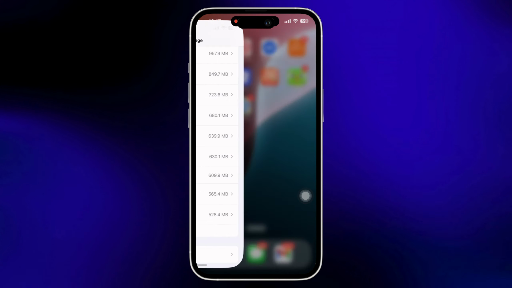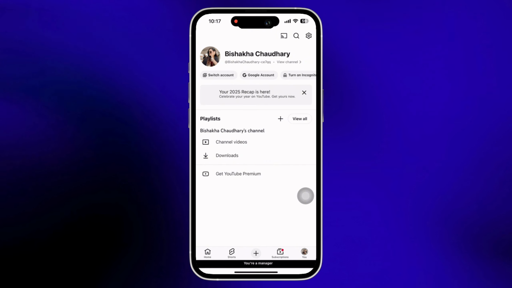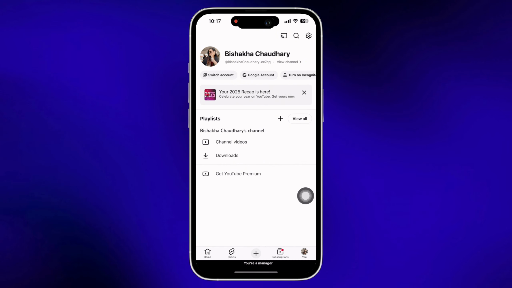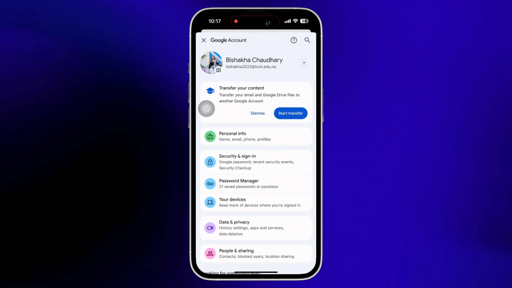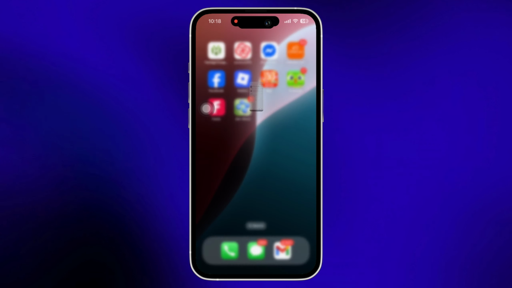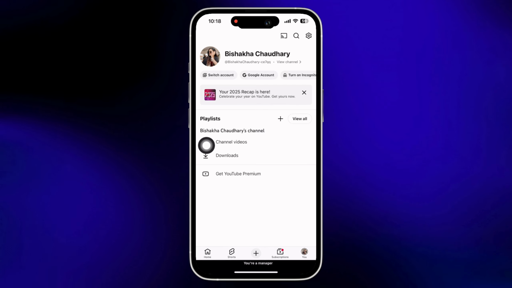Next fix is open YouTube again and then tap on the You option at the bottom. Make sure that you are signed in to the correct Google account, and if not, then you can switch between accounts. Also, make sure that you have watched enough videos or music in 2025 in order to be able to